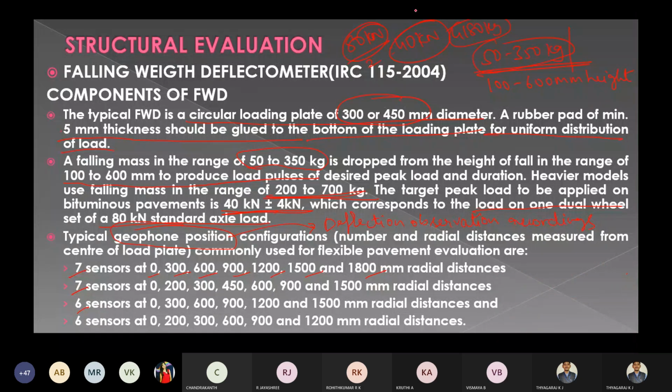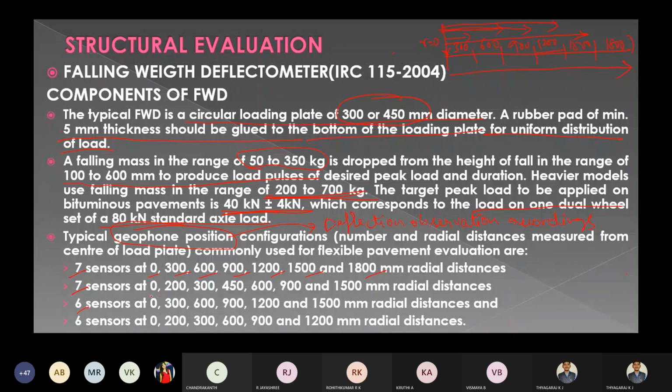Whenever you are going for this FWD, you place the sensors in such a way that, for 7 sensors, R equals 0, that is below the load, then R equals 300 mm, 600 mm, 900 mm, 1200, 1500 and 1800 mm from the falling weight, and you record the readings.